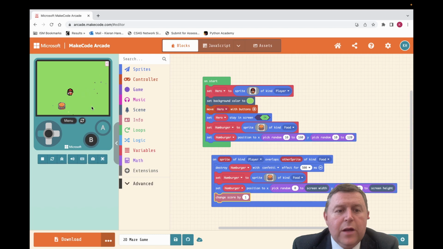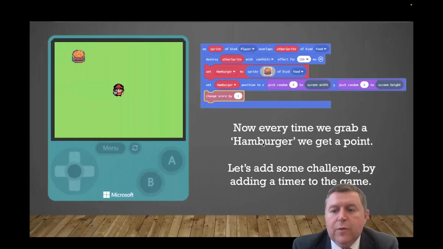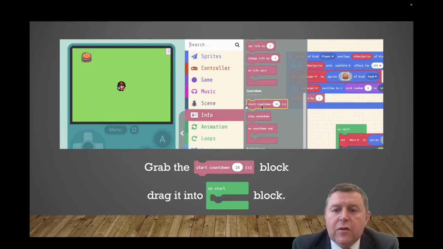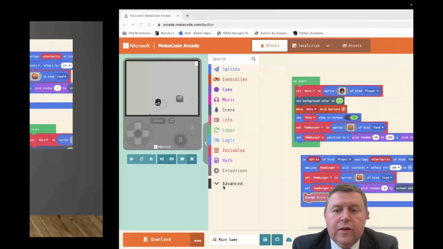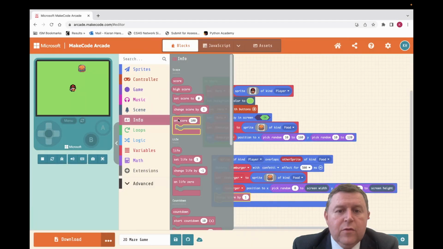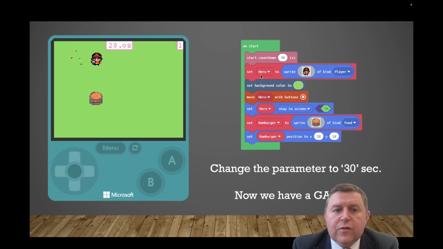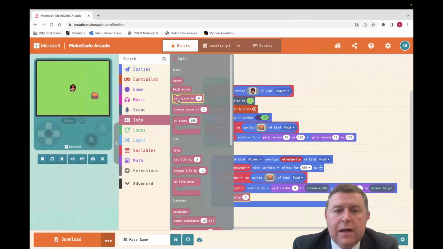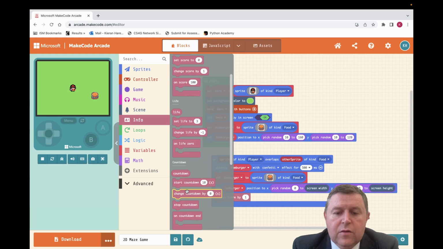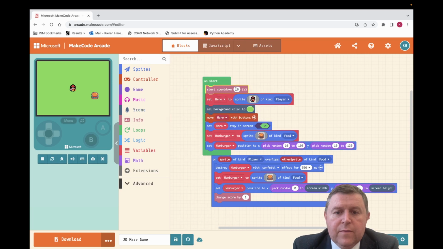So we're going to make it a bit harder now. We're going to add a timer to it. So let's see what we need to do next. I'm going to start a countdown timer. I'm going to put that into the start block. I'm going to start the countdown timer then. So again, in info, we're going to plonk that into here. I'm going to put it at the very start. I'm going to set it to 30 seconds. So go to info and then countdown timer, start countdown. I'm going to plonk it in here. Change it to 30. Yeah, and